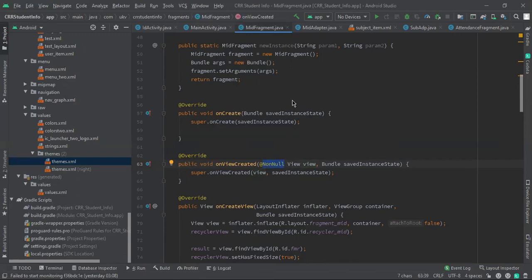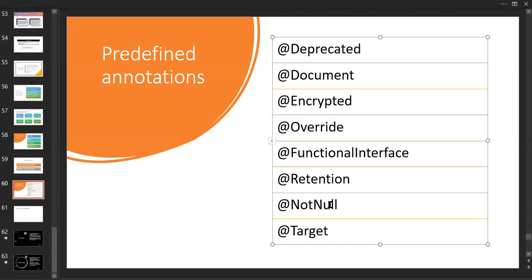Let me show you. Wait. This is the usage of a not null. So we are going to tell that, inside your DBMS, where you are going to learn about Oracle, the primary key does not be a null. The primary key is not a null. So you are going to mention it over there.